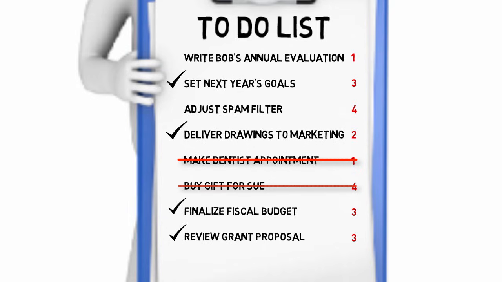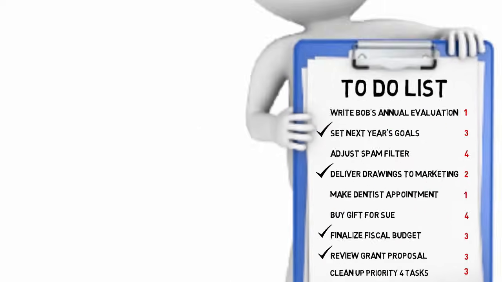Over time in the real world, you will find priority 4 items generally tend to linger on the list and grow in number. At some point, we need to either archive incomplete tasks for future reference, saving them somewhere other than on our to-do list, delete them entirely, or we can always choose to create a priority 3 task that schedules us some time to clean up priority 4 tasks.